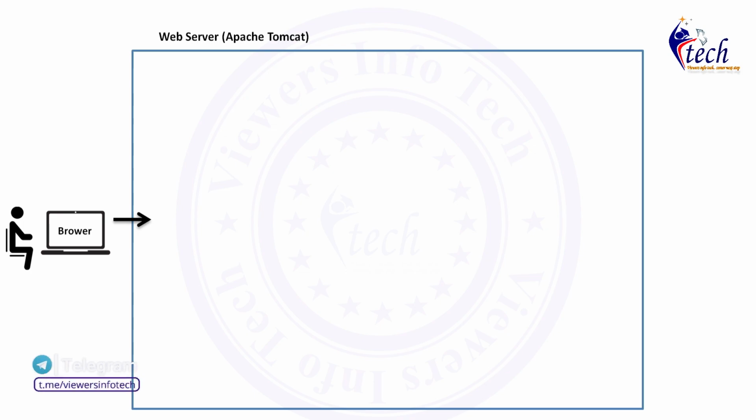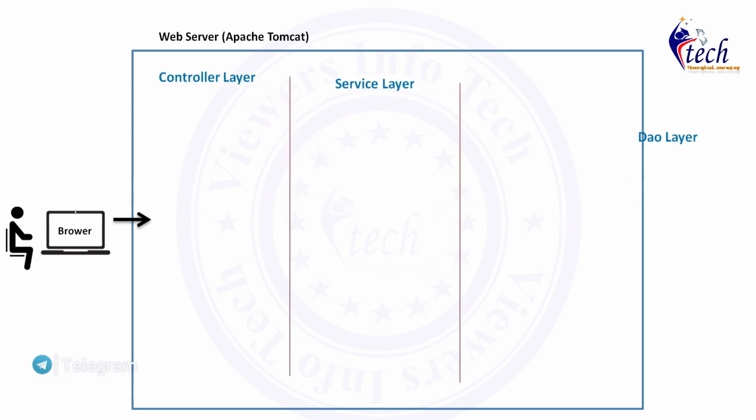In our project, mainly we have three layers: the controller layer, the service layer, and the DAO layer. We will discuss what the layers do and what the purpose of each layer is. Coming to the controller layer: it handles the browser's request based on the URL, does some task, and gives the response to the browser. In some cases, the controller passes the values to the service layer for business logic like discounts, encryption, and decryption, and it gives the response to the controller, and the controller processes the response to the browser.